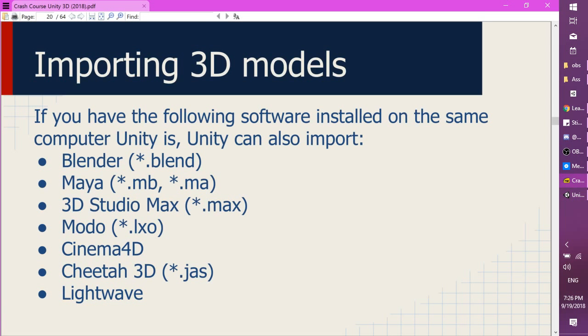Let's see if there's any other things that I need to go over. We will be posting a video on this on YouTube soon, so you're not going to be all that far behind. But anyways, if you happen to have the following 3D software installed, Unity has a way of wiring to them